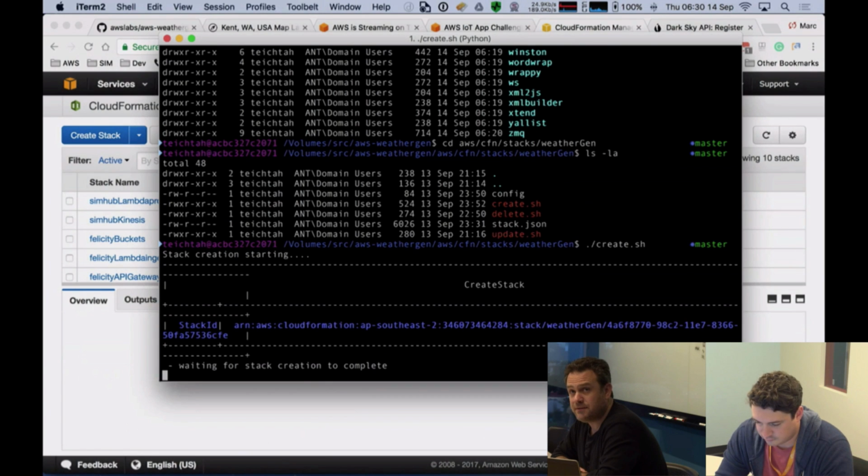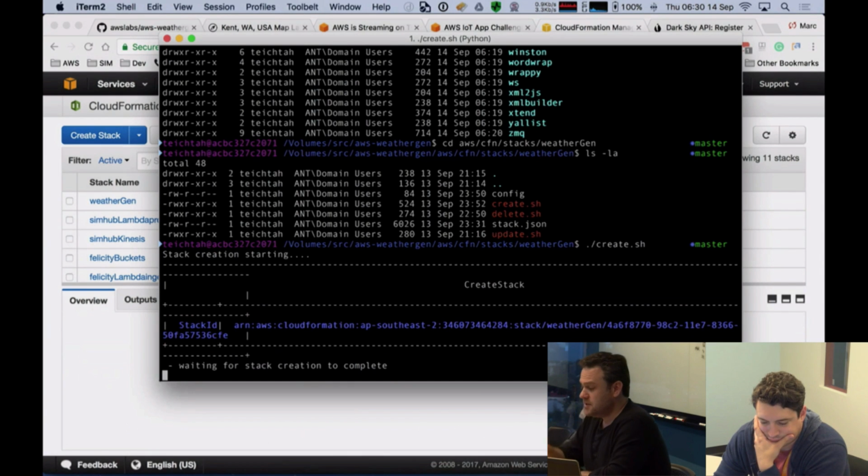It is really a fantastic way to interact with the AWS platform, and everything you can do in the console, you can do in the API, in the CLI. This is because we're an API-first company, and everything we do is accessible via APIs and CLI. So you can see here, I've told the AWS platform to go and stand up this CloudFormation stack.